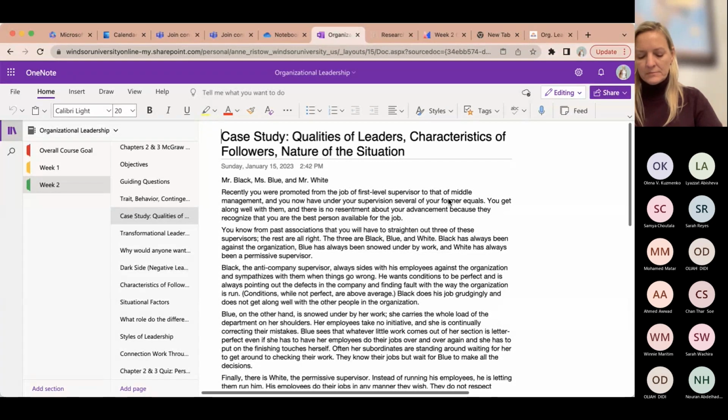For Blue and White, I think they need some training. Being snowed under with work, for Blue, means that he cannot separate the tasks and supervise them. So he has to learn how to subdivide the tasks and monitor each member of his team. And the permissive leader has to take training about how to lead the team and be more assertive with them and rule his team in a better way. So this is my point of view.